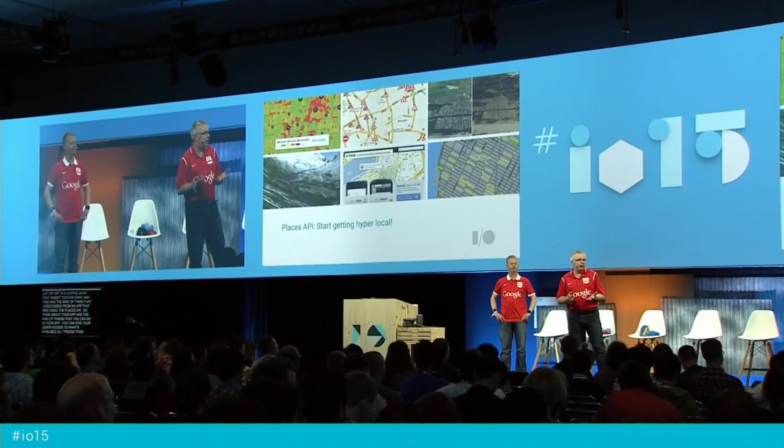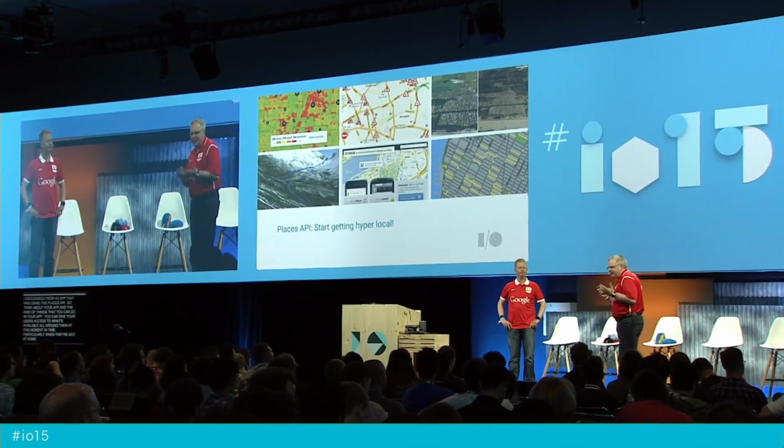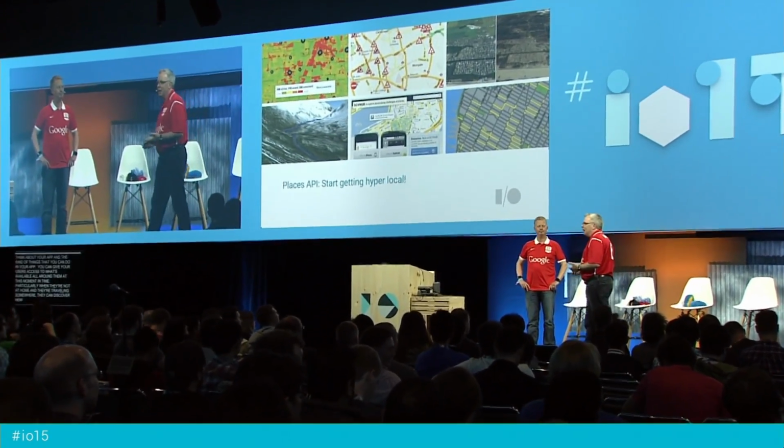So think about your app and the kind of things that you can do in your app. You can give your users access to what's available all around them at this moment in time, particularly when they're not at home, when they're traveling somewhere. They can discover new things that will actually delight them. It's great to build a generic app that has coffee shop details or ski run details or ice rink details or anything like that. But you can build one that takes advantage of this rich information about over 100 million places. Think about how you can delight your users with apps that do that. And the time to build the apps that do this, I believe, is right now.